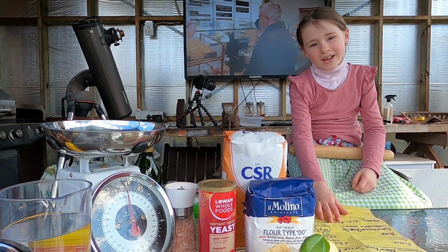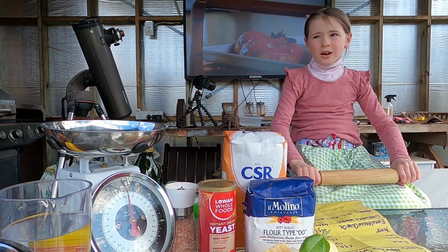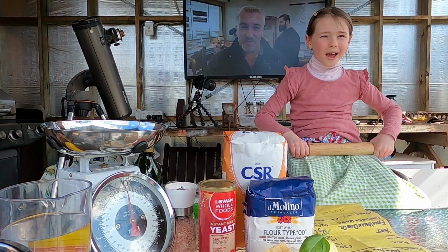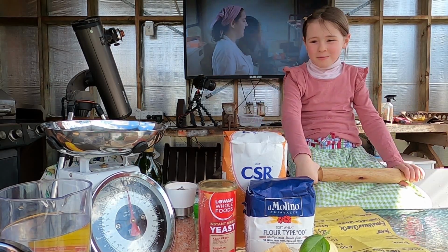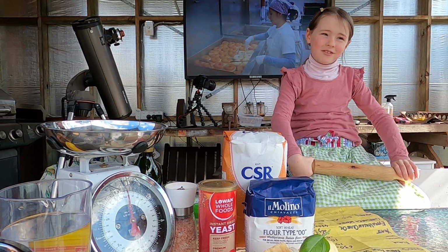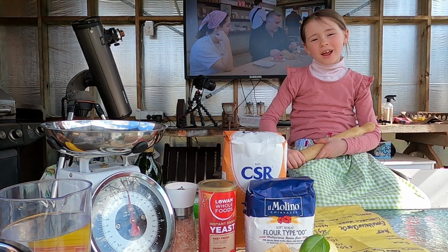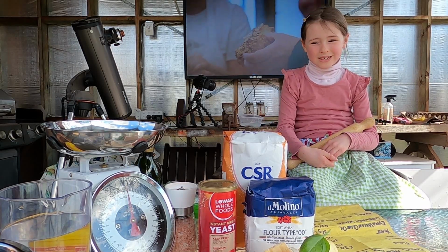Mr. Gal made cookies with a bunch of solids and liquids, and it turned into cookie doughs. So we're gonna make pizza. It also has chemical reactions. Some of you might not know this, but it rises, that's a chemical reaction, and liquids making solids,